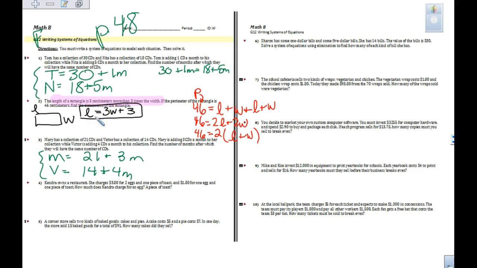You need to solve 5 of these. You need to write the equations for all of them. The equations and the answers are in the back. For about the next 8 minutes or so in class, Mr. Johnson and myself will be walking around, helping you. You're going to try to just write the equation. So go to number 4, try to write the equation. Go to number 5, 6, 7, 8, try